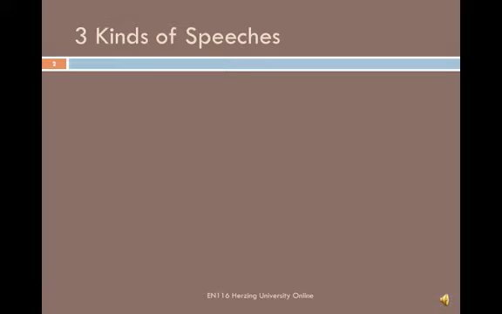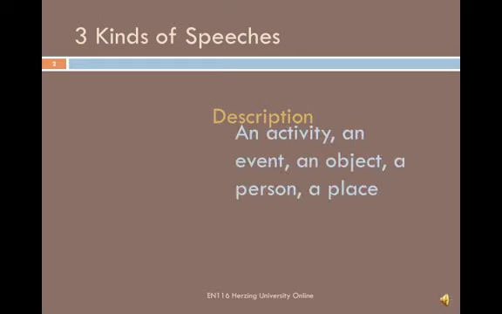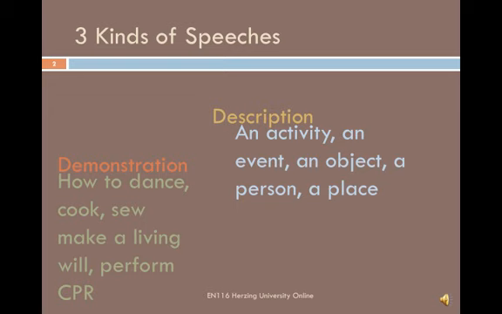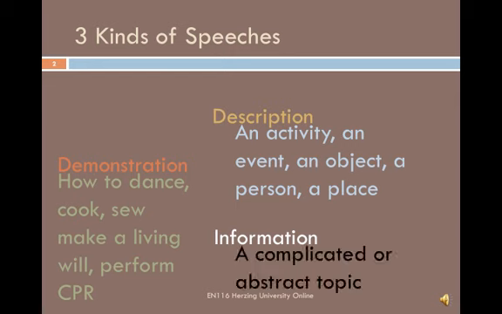There are three main types of informative speaking: speeches of description, speeches of demonstration, and speeches of information. Now, as your textbook explains, different topics work best as different kinds of speeches. A speech of description seeks to give the audience a clear picture of the subject, which can be just about anything concrete: an activity, an event, an object, a person, a place. This is a great route to take if you need to do a lot of background explanation before you give